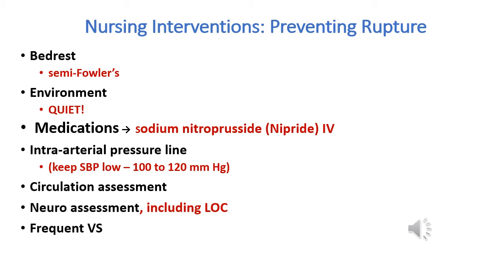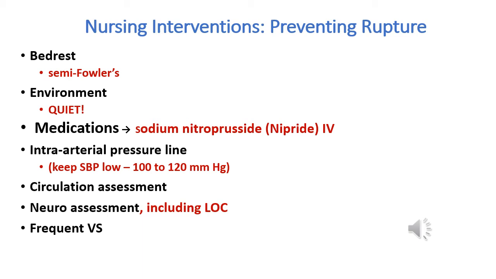These medications are not on your objectives list, and you're not responsible for them, but I put them here so you can think about them again. We've looked at these in other classes like shock. So sodium nitroprusside IV would certainly help to bring down that systolic blood pressure. We need to keep it low, between 100 and 120 millimeters of mercury, and of course that makes sense when we're talking about